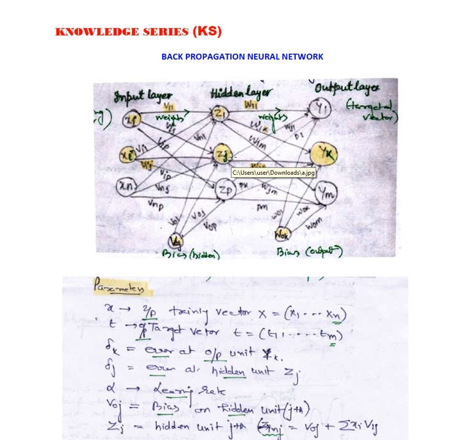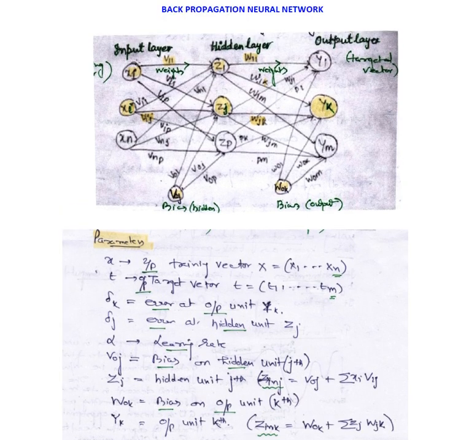by adjusting the weights. Now here certain parameters are given. The x parameter is related to the input vector. The t parameter is nothing but the target vector. Delta k we define with respect to the error at the output unit yk, and delta j is the error at the point zj. Alpha is the learning rate, and Voj is nothing but the bias at the hidden point. Wok is the bias at the